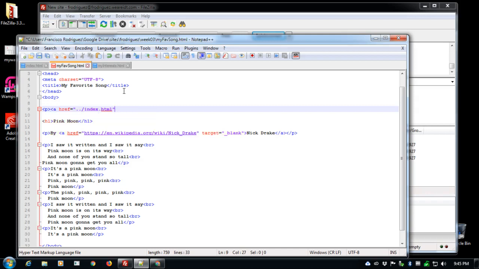Close that, close the bracket, and here I would want to do a little figure that looks like this. It's a bracket and slash slash. However, HTML will think that this is the beginning of a bracket code, so instead we will use the code, which is ampersand LT, which is less than, and semicolon to complete the code. I have the 2 dashes there already, and then I will add return to my home page.